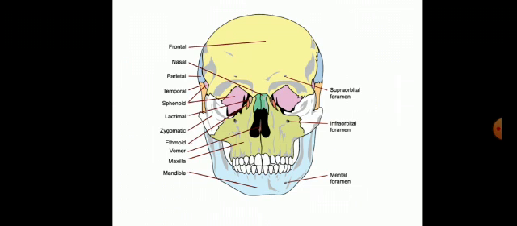Coming to the facial skeleton or the splanchnocranium, we know they are made up of 14 bones. To start with, here in this picture, the pink one, you can see the orbit, and then the dark black color, that's the nasal cavity. Now shown in green color, those are the nasal bones, and in the medial wall of the orbit, the lacrimal bones are labeled. Below the nasal cavity, the bone forming the upper jaw, that's the maxilla, and the one shown in white, the cheekbone, that's the zygoma. And below, the blue one shaded, that's the mandible. Mandible is the only movable bone of the skull.